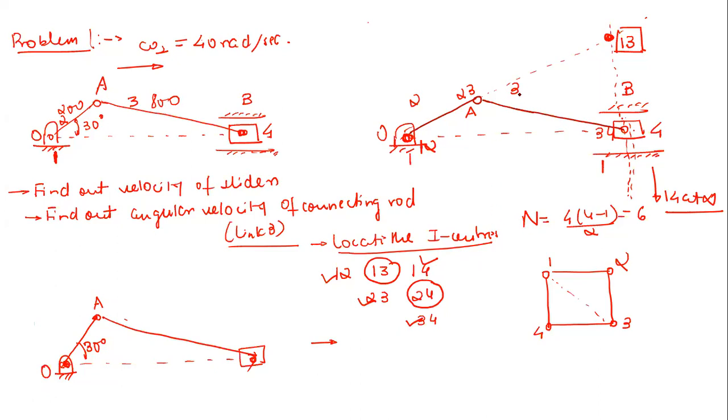So now this will be 1 3, and finally, if you see, since this is 1 4, this is the motion of link 4 relative to the fixed link 1, and it is lying at infinity. So obviously you can imagine this 1 4 here also, right? Because it is going to define the relative motion with respect to the fixed link. So 1 4 you can imagine at this point also. Now you just draw a straight line here as well, right? And just extend this line 2 3 3 4.